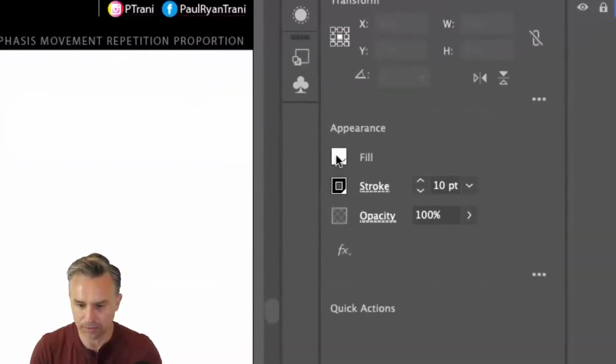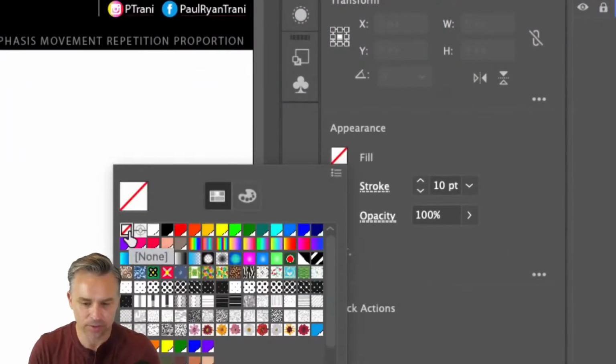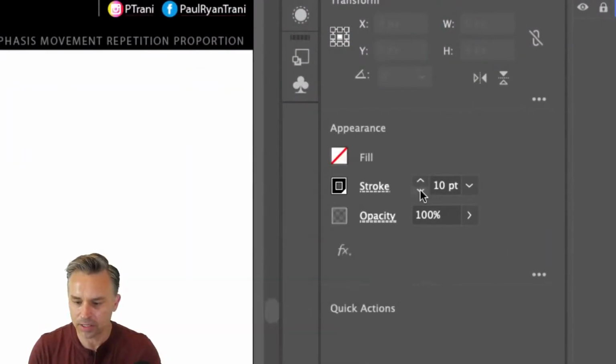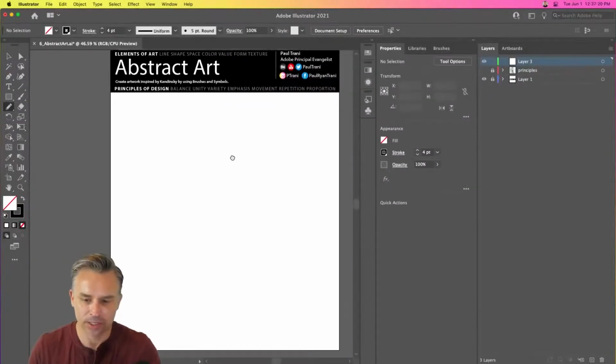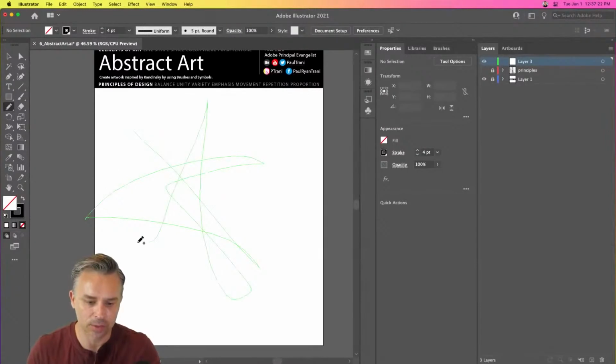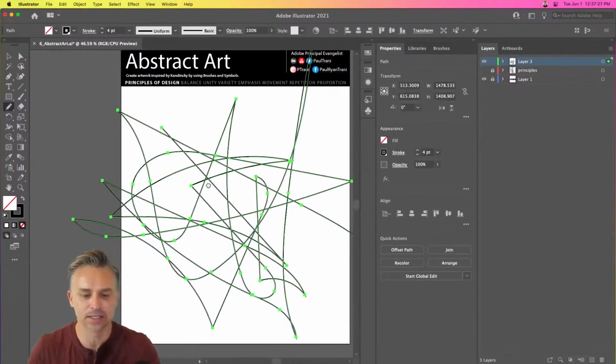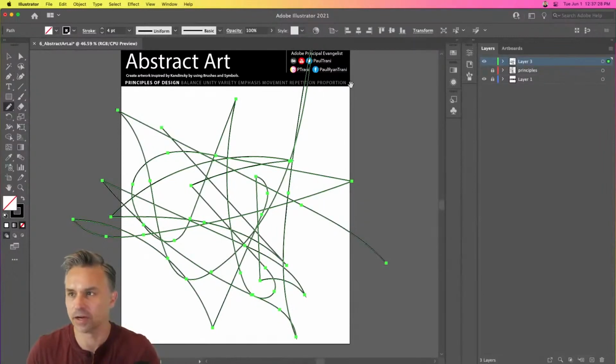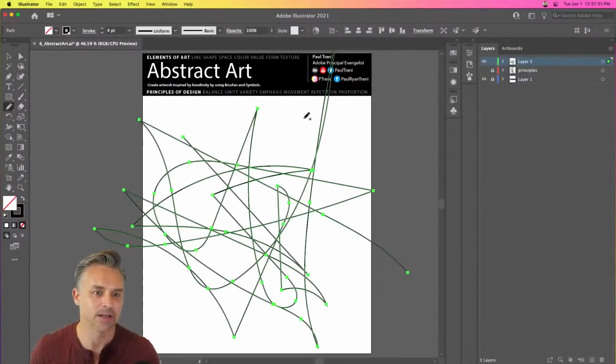I took Monday off. All right, so let's make sure there's no fill color. We're gonna have a stroke. Maybe we'll take that stroke down to about 4 points. And then we can just kind of jump in and scribble around and just have some fun. It's like gonna have some cool art like that. There it is. There's our fun art. Randomness, right? So many cool things we can do with this,